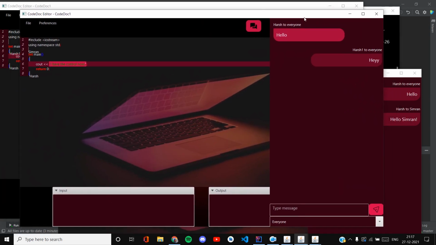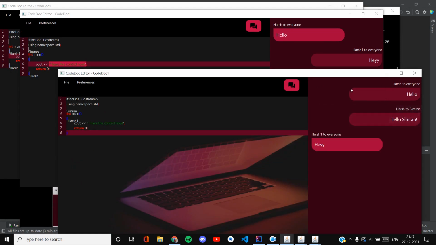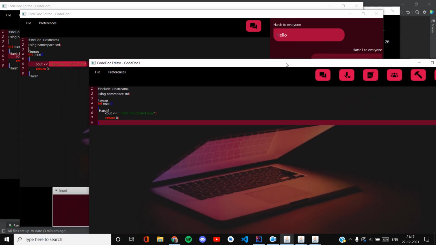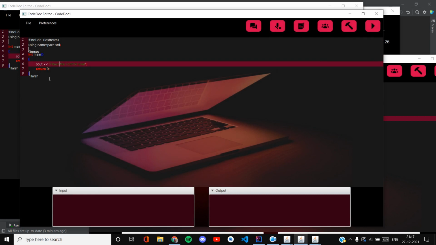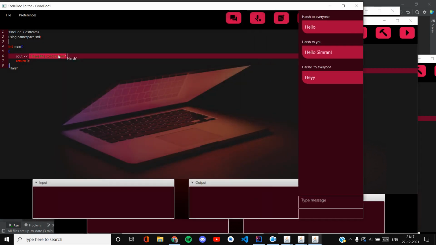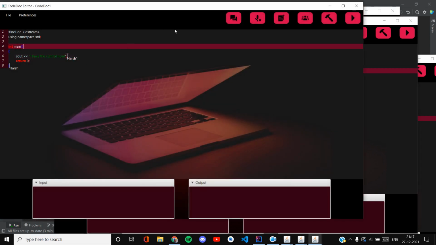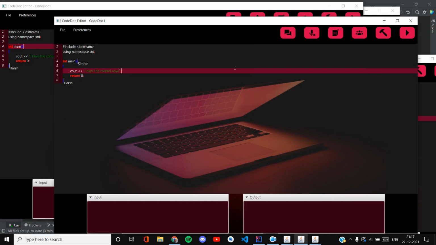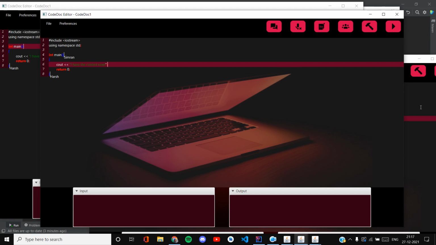Now another important thing is that right now harsh@gmail.com was in control of the code doc. What if some other user wants to edit this code doc? Say this is harsh1@gmail.com, I'm typing the keys, he's not able to make changes to the code doc. What if he wanted to make changes? First of all, he will be able to make changes only if he has write permissions. Simran over here doesn't have write permissions, so she can never make changes. However, harsh1@gmail.com can still make changes only if he requests control from harsh@gmail.com.